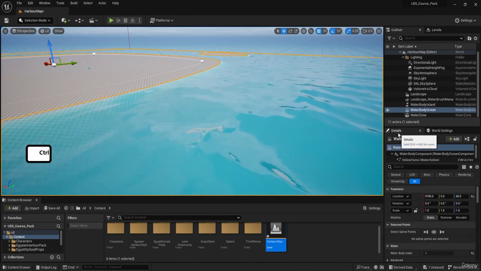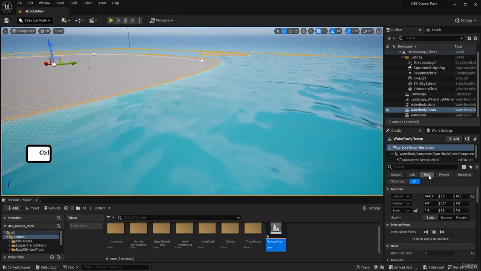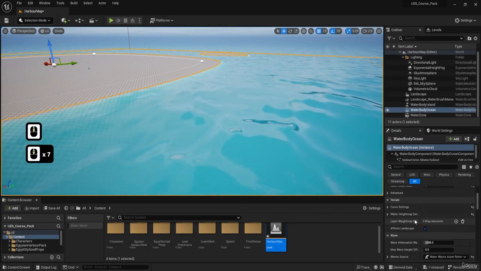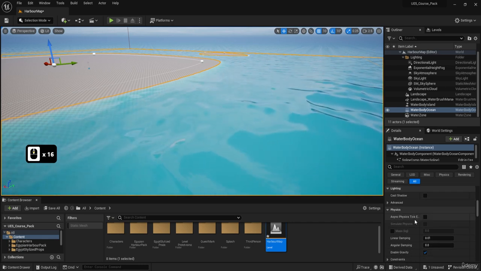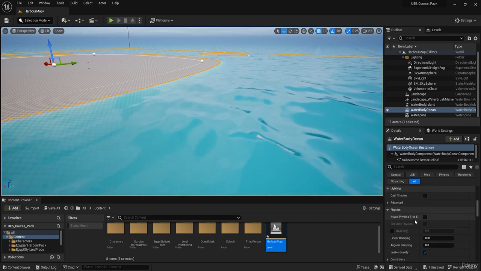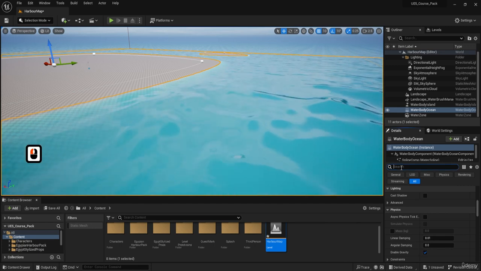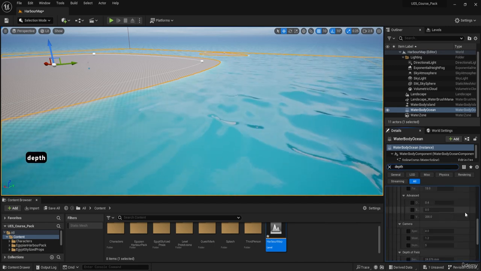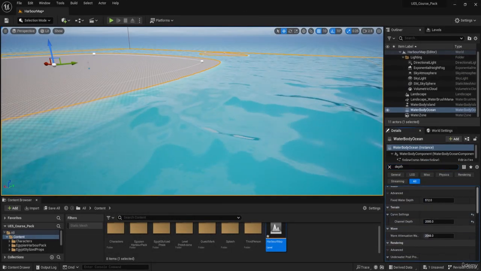And then on the right hand side within the details tab, we're going to find the settings for it. And there is a lot of different settings. We're not going to go too much into it because they're really technical overall. But the main ones that we need to know is, for starters, going to be depth. Depth, if we were to just simply use the search bar over here, we should be able to find it